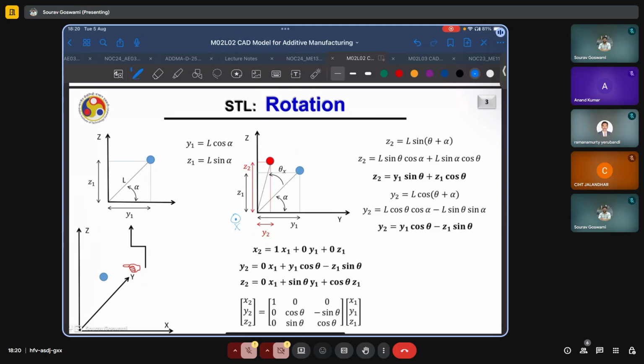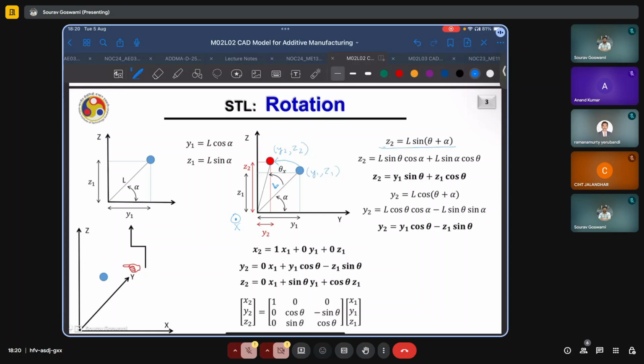And this point, initially in blue, moves to the other position, which is indicated by the red circle. Here, essentially, we have just a pure rotation about the x-axis. In such a case, if the original coordinates of the point were, say, y1 and z1, and the new coordinates are y2 and z2, then they can be related as follows. Given that L is the length of the position vector from the origin to this blue point, and that remains unchanged, as is the case for a pure rotation, z2 will equal L sine of theta plus alpha,